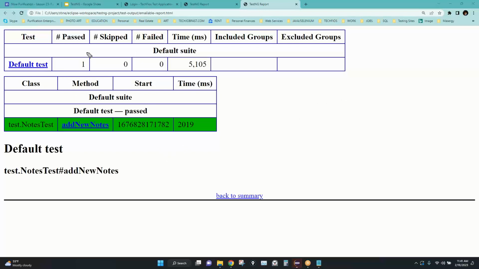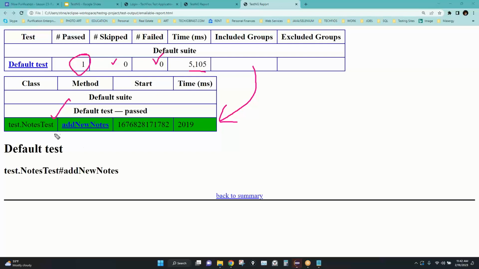You got this telling you how many test cases you ran, if there was anything skipped, if any test cases failed, how long it took in milliseconds, so basically 5 seconds, 5.1 seconds, which test case you ran in green that it's passing. It was in the test notes test class,